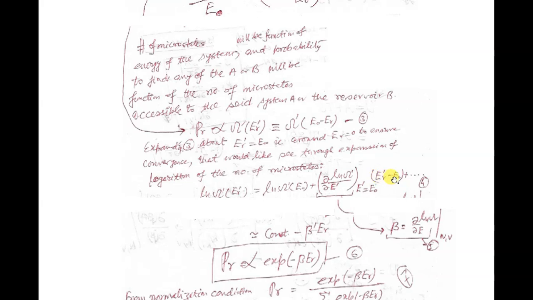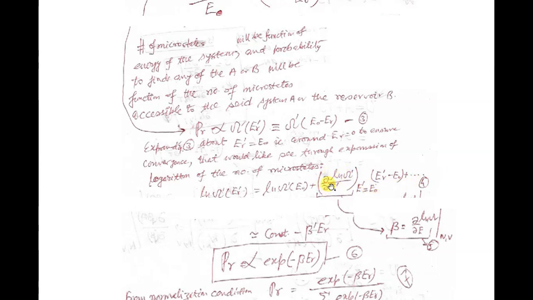It is a small perturbation. E_R dash minus E_0 is a small perturbation in the energy of your heat reservoir. So that change in energy will lead to this term, d/dE dash of ln omega dash, the rate of variation of the log of the number of microstates with respect to energy, multiplied by the change in energy. So it will give you how this value changes with a small perturbation, plus a second order term, that is the second derivative of log of omega dash with respect to energy E dash, and so on.